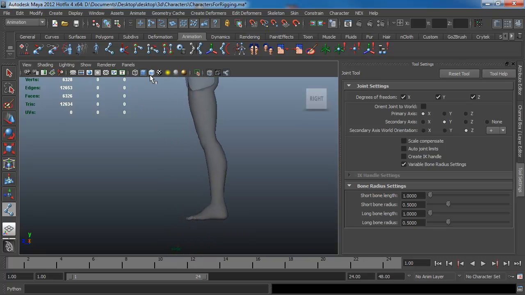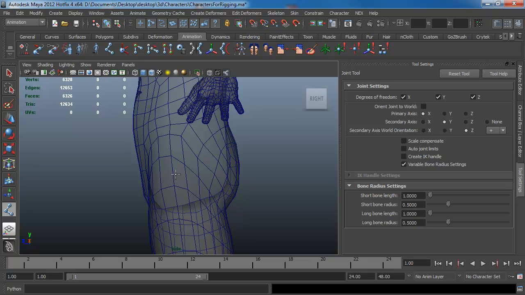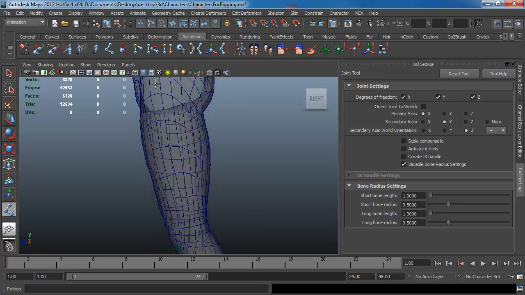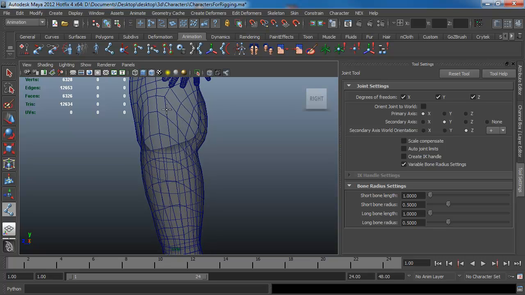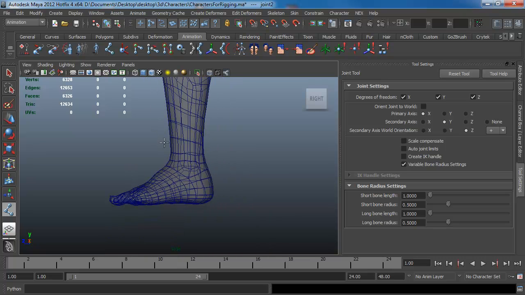So I'm going to go in right here. I'm going to turn on my wireframe. And when you're creating joints, you generally want to keep it between wires, but sometimes you don't have an option over it. But try your best to keep it between the two lines and not on it. It deforms better that way. So with that being said, I'm just going to click my joint here, go where my knee is at, place one